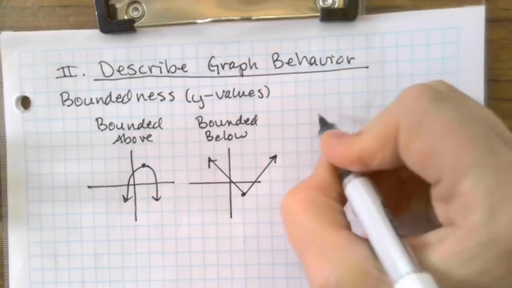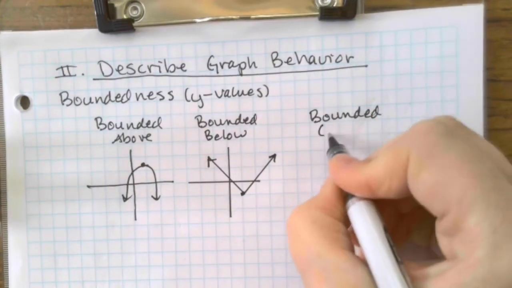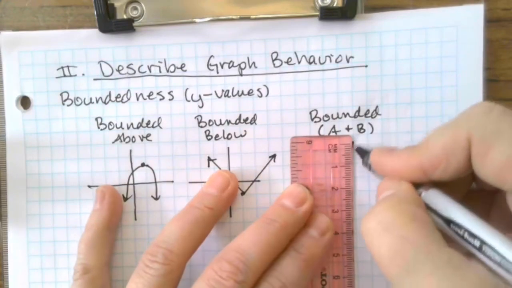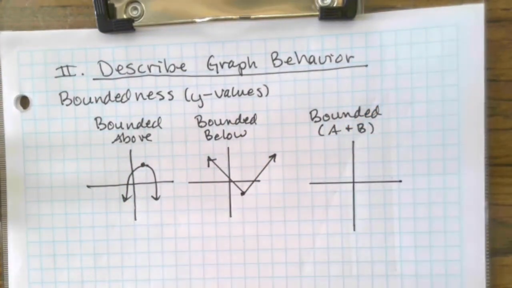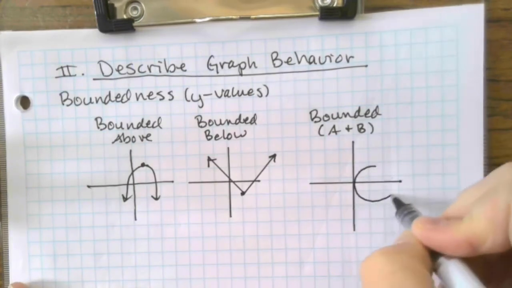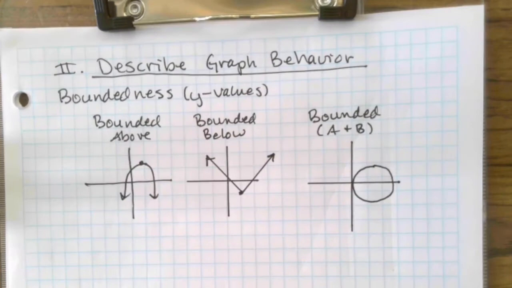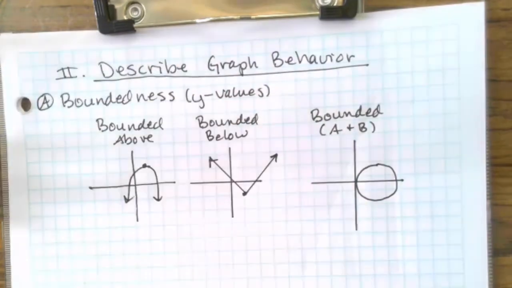And then you have what we just call bounded. Bounded means above and below. We just say bounded. So a bounded graph can be a lot of things, but one of the things it can be is a circle. It's bounded above and it's bounded below. It does not go to infinity in either direction. So that is boundedness. We'll call that A. B,